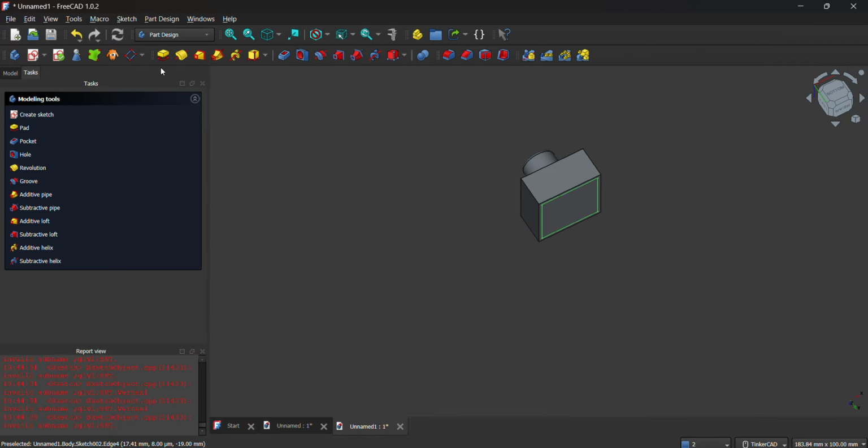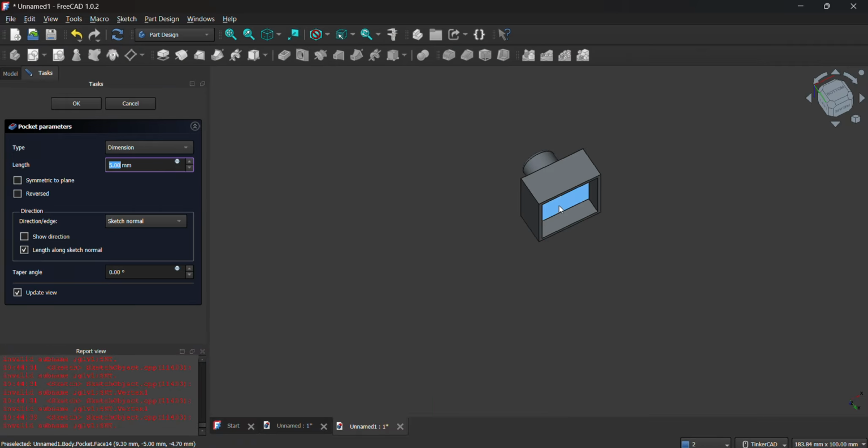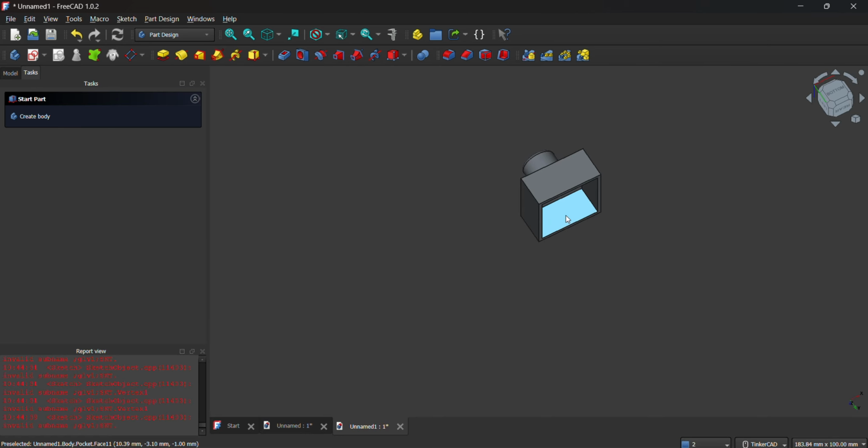Click close and then add a pocket hole, and make sure it's less than 10 mm, but of course not 5 because this side is very thick already. So just deduct 1 from 10. Let's have a 9 mm hole. Okay, so now it looks like a Lego except for a missing part. And the missing part is the cylinder there where you can insert the solid cylinder on top.